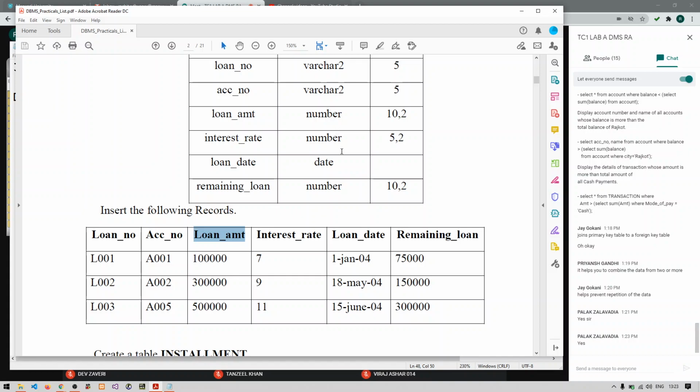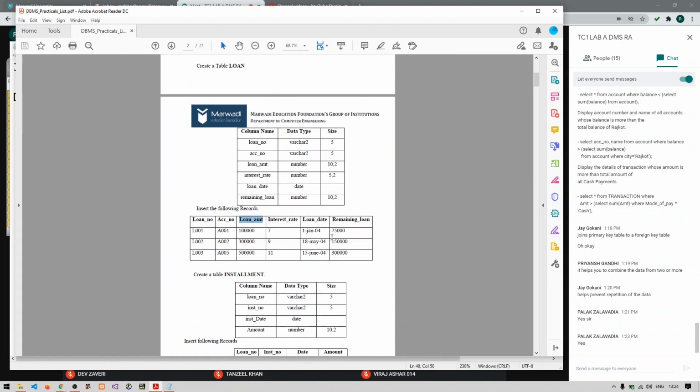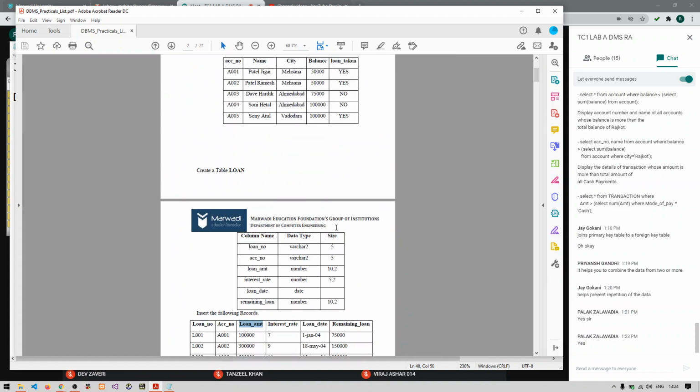And if we want to use a join, there should be a common column between both the tables. Do we have any common columns between the loan and account table? Yes or no?